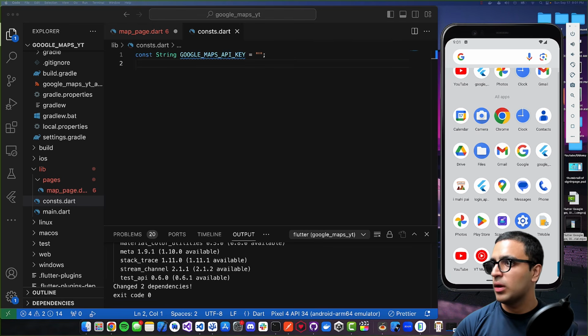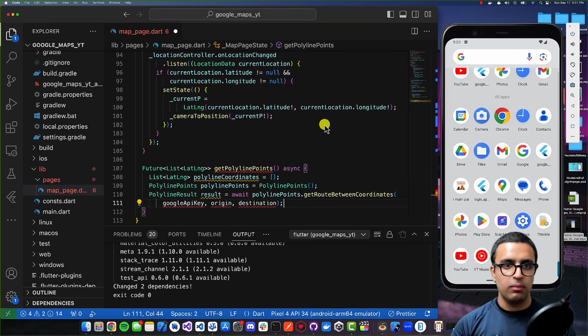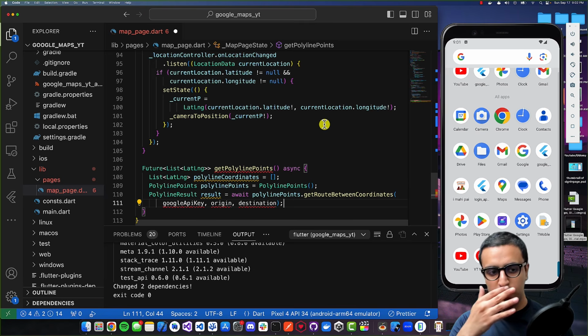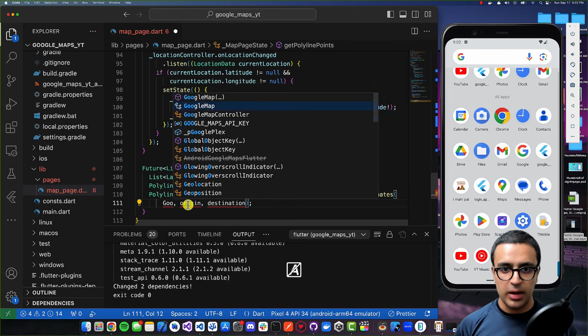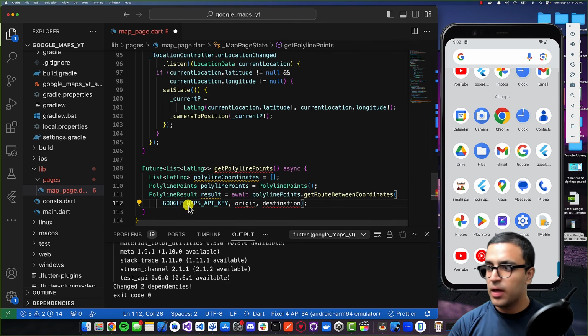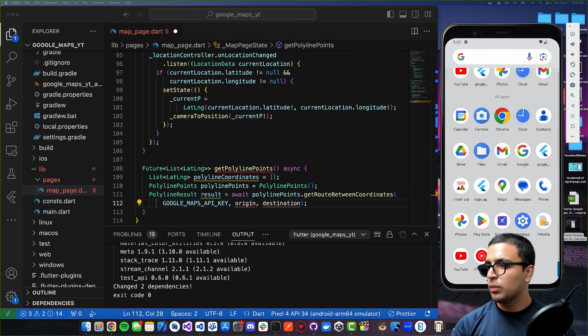So I'm just going to quickly take this API key, paste it in, and then we can get on to the next step. Once the API key has been pasted, within the map_page.dart file you can come to the Google API key section, and here you can just say that now it's going to be GOOGLE_MAPS_API_KEY. Then for the origin, I will just paste this code in,